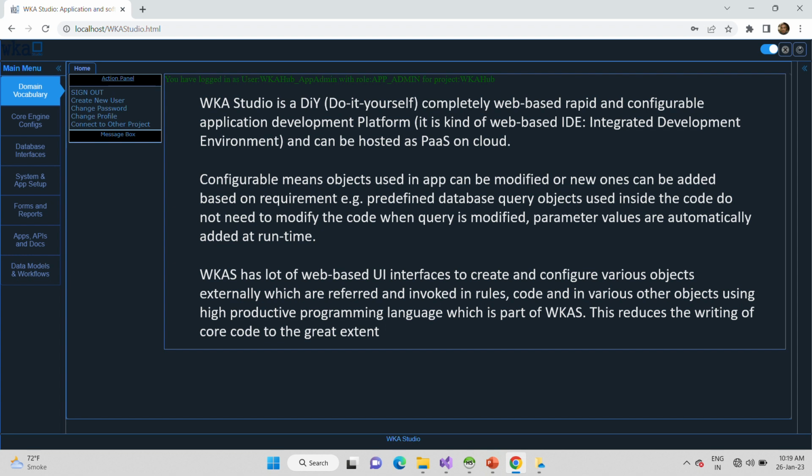So WK Studio is a do-it-yourself, completely web-based, rapid and configurable application development platform. It is a kind of web-based IDE, integrated development environment, and can be hosted on a cloud as a platform as a service. Configurable means the objects used in the app can be modified and new ones can be added